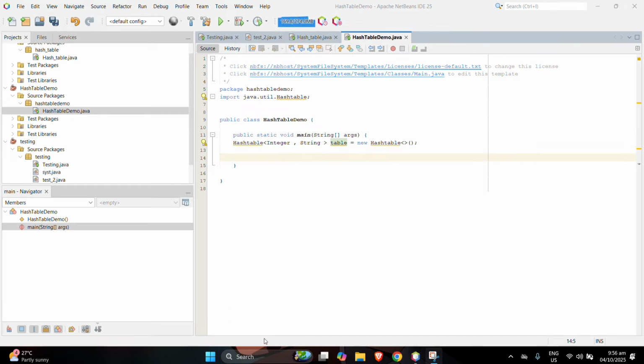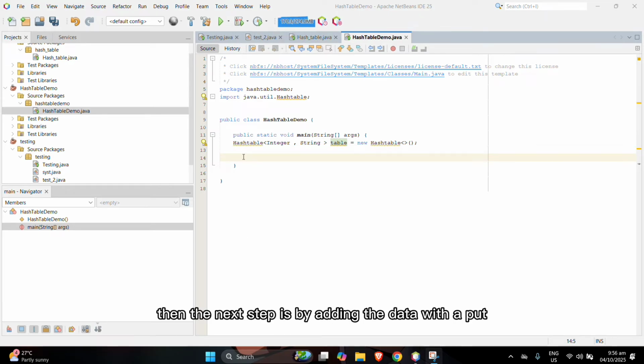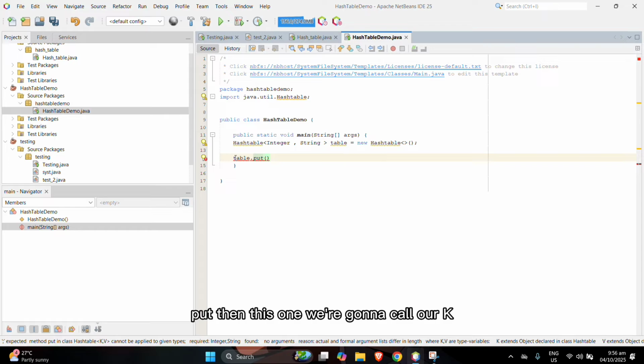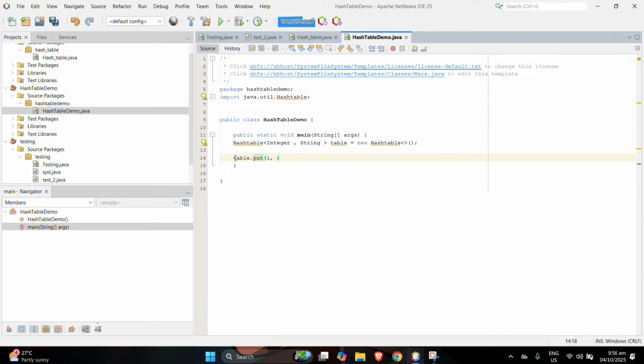Then the next step is adding the data with put. So we're just going to simply write table.put, then we call our key, just like I mentioned earlier, then our values.